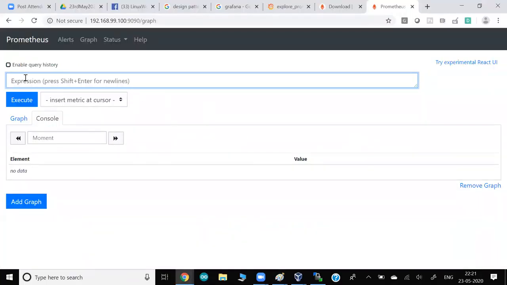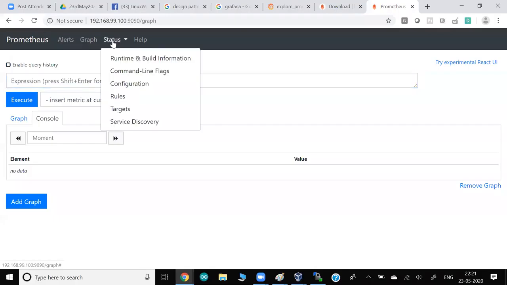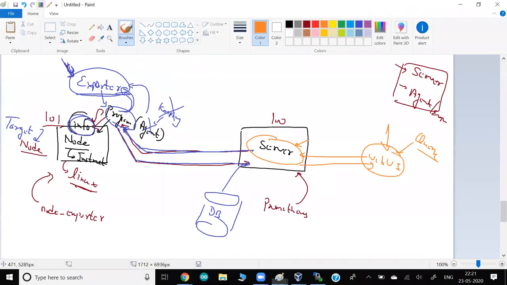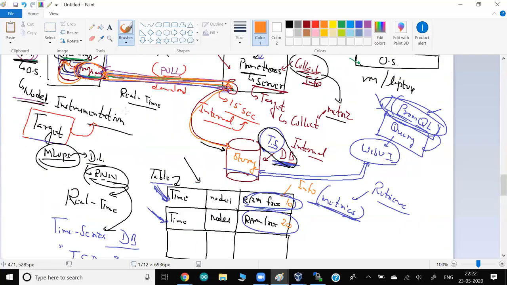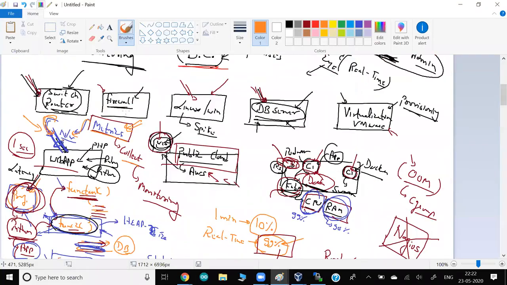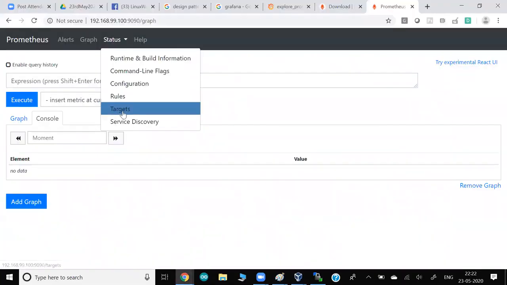I will give you one detailed class on the query. I'll show you maybe some queries today. But before this, I just want to show you one small thing here. If you go to Status, you can see the targets here. Right now, guys, how many targets do you have? Nothing, right? Because you haven't set any target. But in the real world, you can see hundreds of targets, all the systems you connected, database, virtual, cloud. You can see the complete list here.